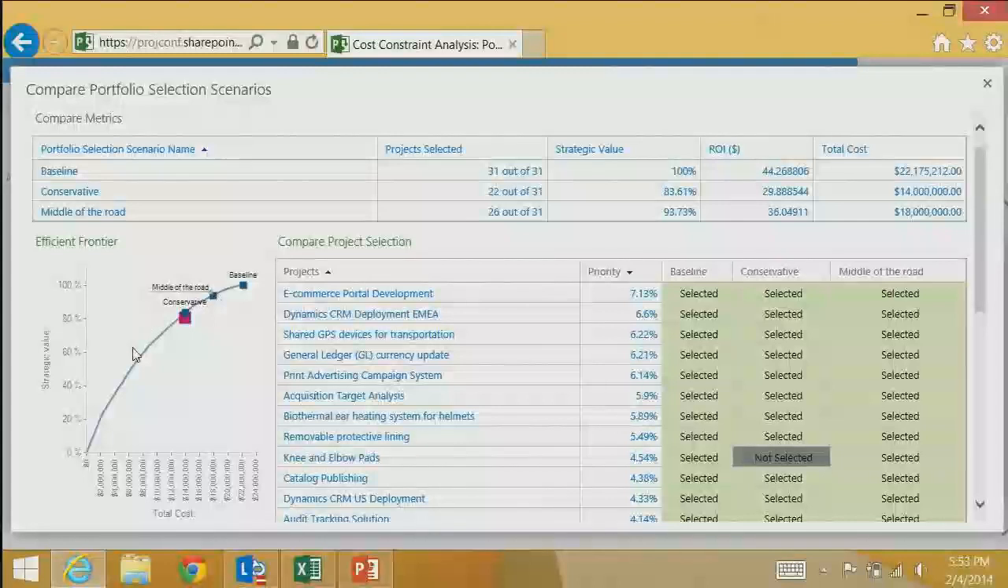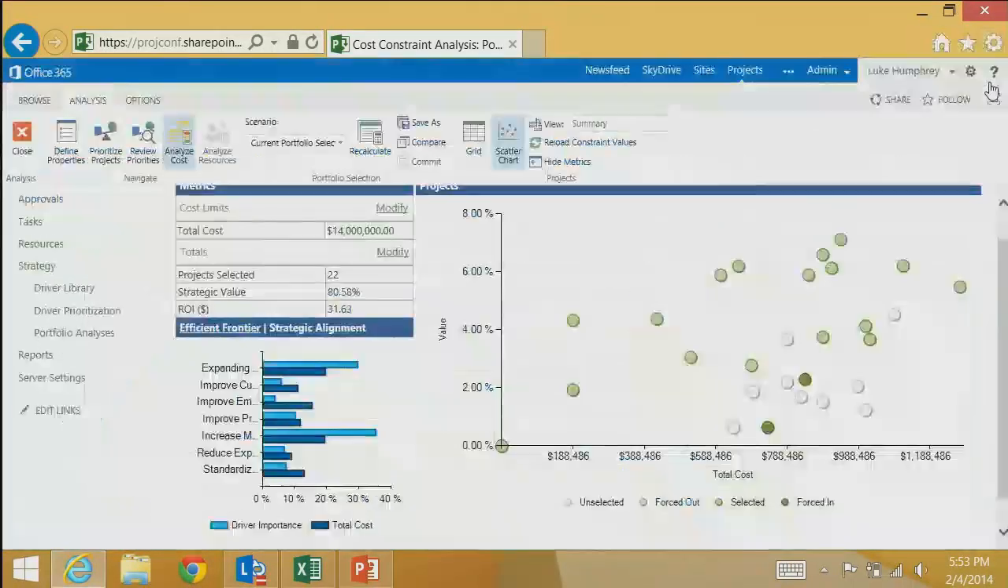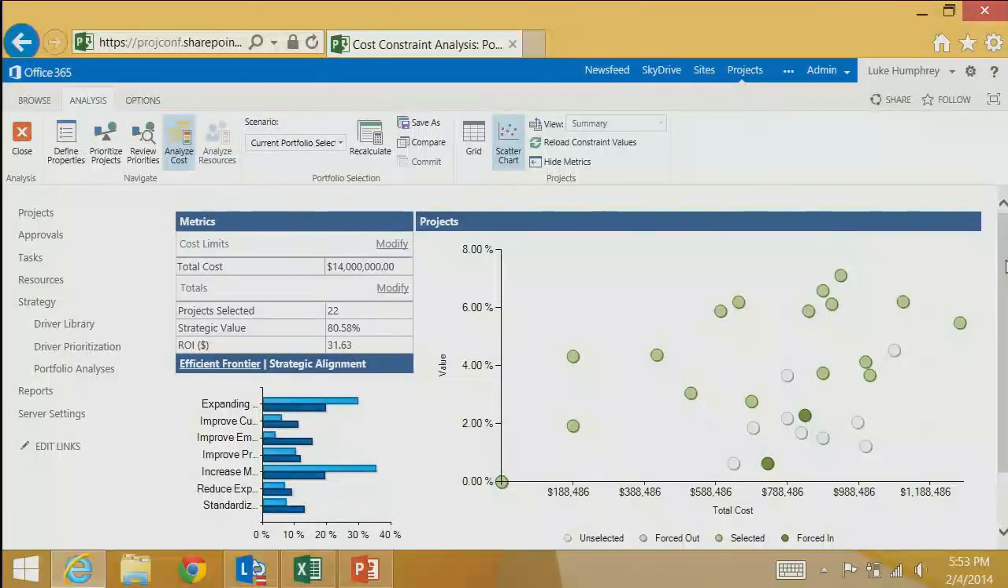You also have your efficient frontier here that maps scenarios along that line. So what you want to do is play around with a few different scenarios, find a scenario that you think is going to give you the best value, that makes sense for your org, and then move the projects that are selected in that scenario forward into the Analyze Resource module, which Prasanna is going to cover here. So I'm going to select the conservative scenario,